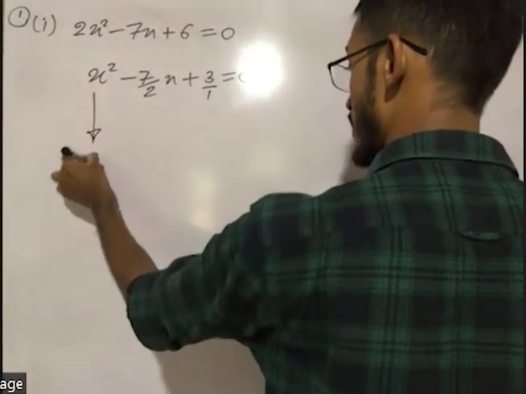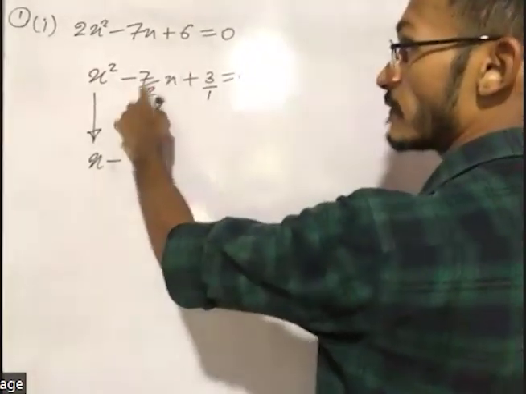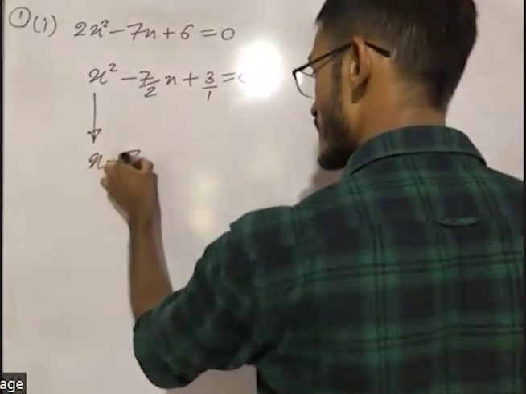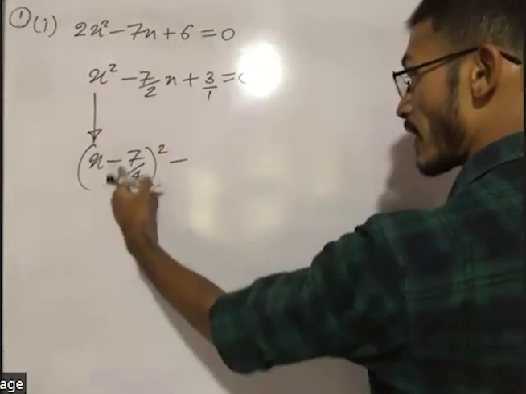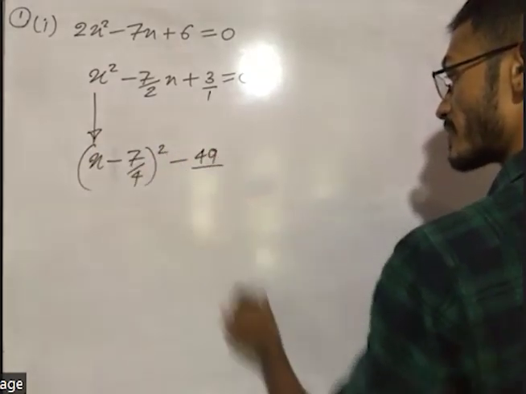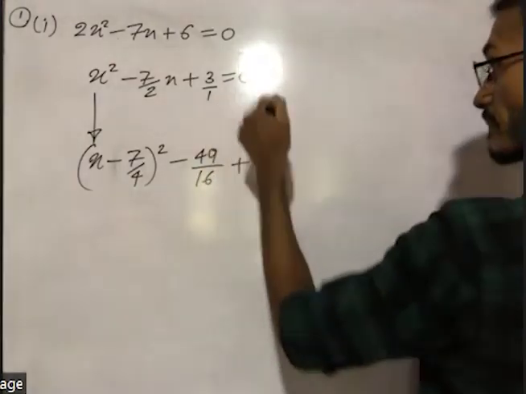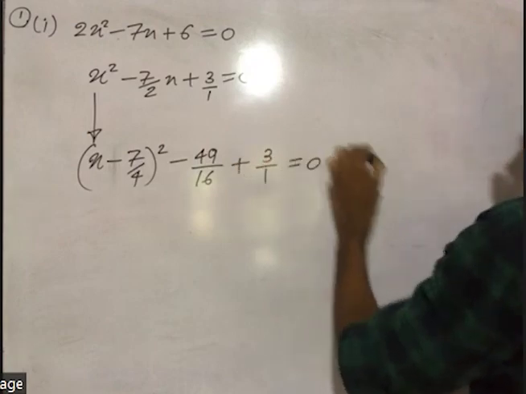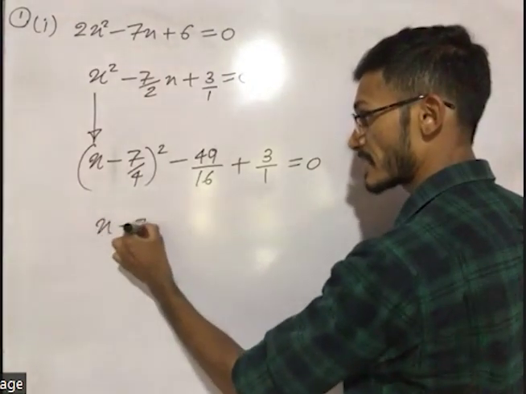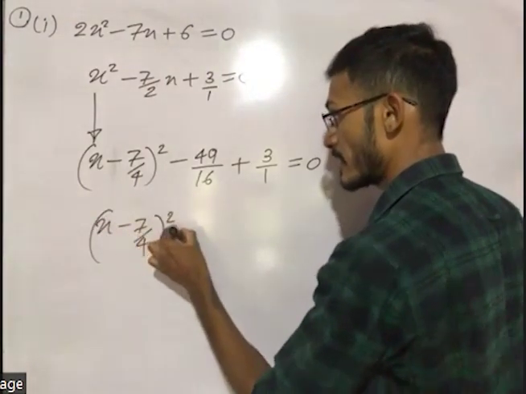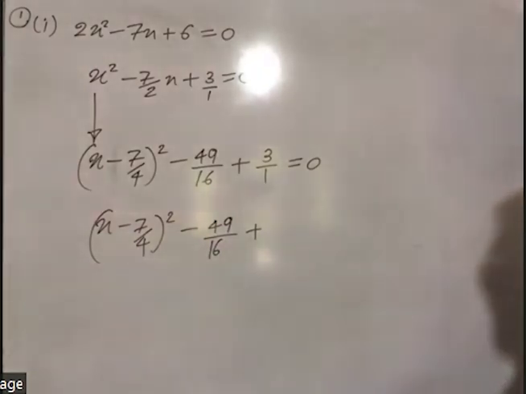Take the x without the square, x minus, take the coefficient of x and divide it by 2. That means 7 over 4. Take the square of the whole thing, minus the square of this constant. 7 square means 49 over 16. Plus the remaining part. Remaining part is 3. Right. Now look at this. Here we have x minus 7 over 4 square of the whole thing, minus 49 over 16, plus